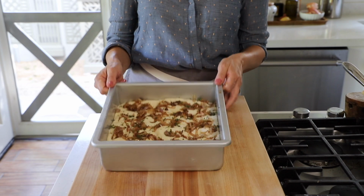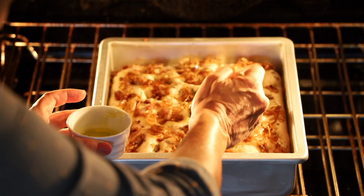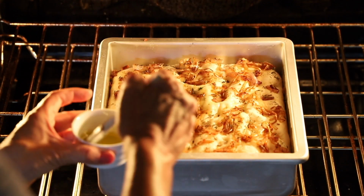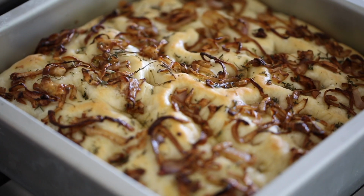There, it should look like this, all ready for the oven. Then we are gonna place this in a 400-degree Fahrenheit oven for 25 minutes. But at the 20-minute mark, you wanna go in there with a little pastry brush and some olive oil and just brush the top of it. That will help it get golden brown and a little bit shiny, as well as just put additional flavor into